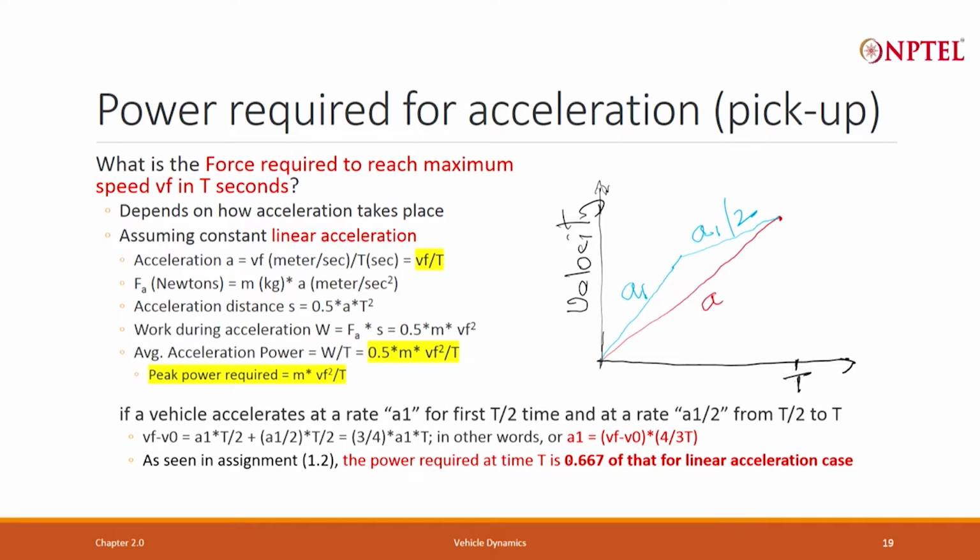In the beginning, you are going at a slightly higher acceleration. So, that time the power requirement is larger, later on you are going at lower acceleration. So, the average power requirement will depend on the total energy, and total energy will be given by these expressions. So, basically what I am pointing out is that I need only 2/3 of the m Vf square by t. Out here I require only 2/3 of the m Vf square by t, whereas in linear case I require